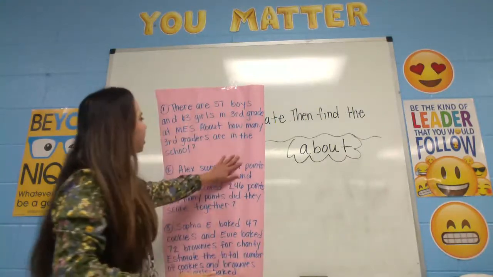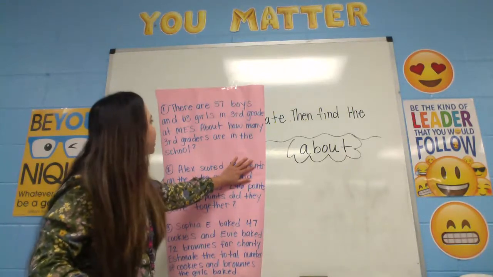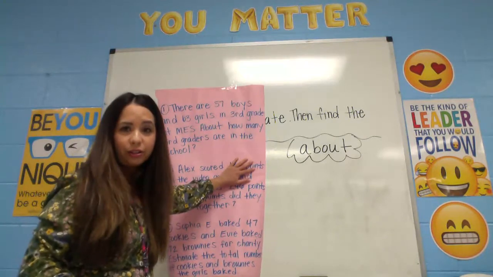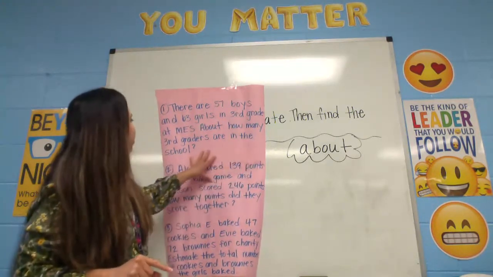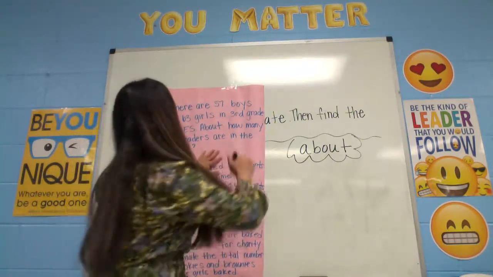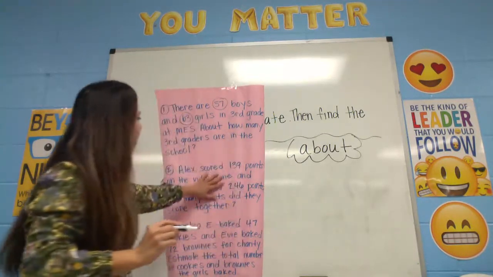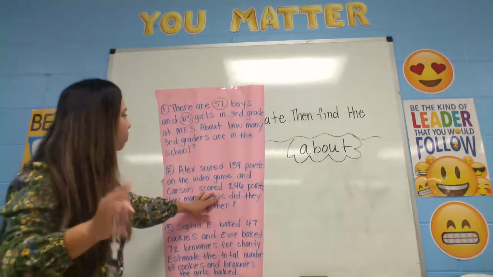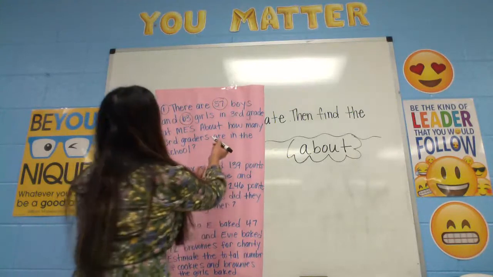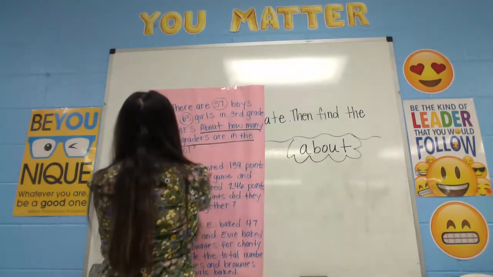Number 1 says, there are 57 boys and 63 girls in 3rd grade at MES. About how many 3rd graders are in the school? When I'm reading a word problem, I like to circle the important numbers, 57 and 63. So what I know about this word problem, I know there are some boys and there's some girls in 3rd grade. What we're trying to figure out, I like to underline the question, about how many 3rd graders are in